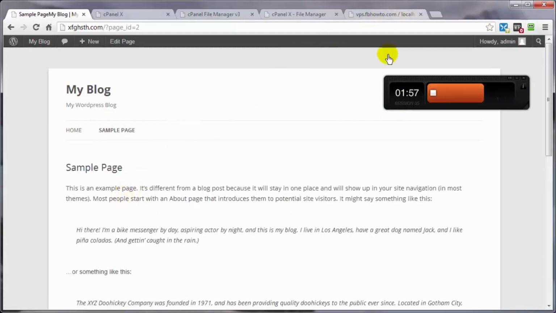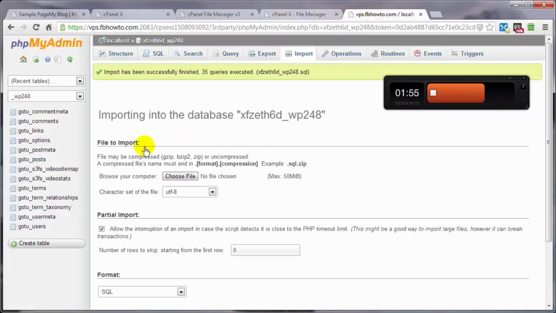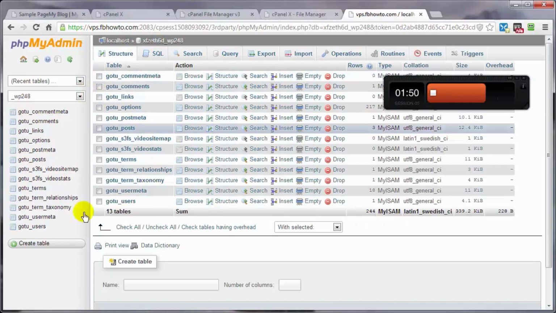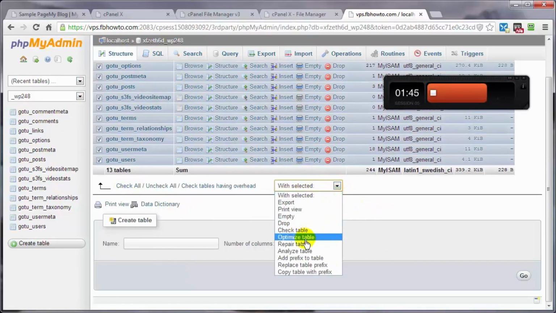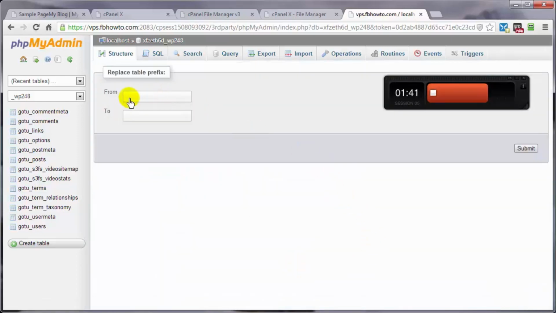Now, another way to do this, since I've got a little bit of time left, if you come on back over here, come on back up here, we can select all of these files, or tables rather, over here to with selected, replace table prefix. Click on that, and right here go from GOTU underscore to WP underscore, or whatever you want, WPT underscore. Click on submit,